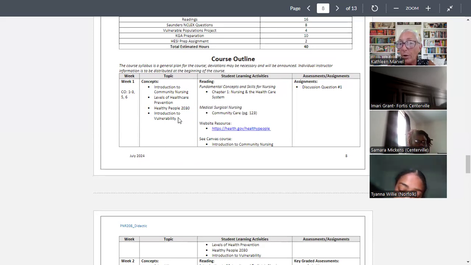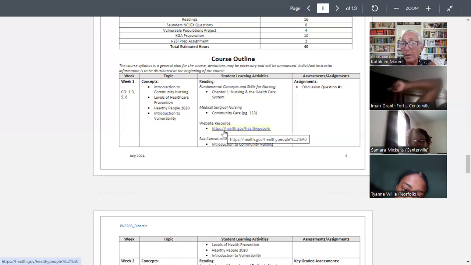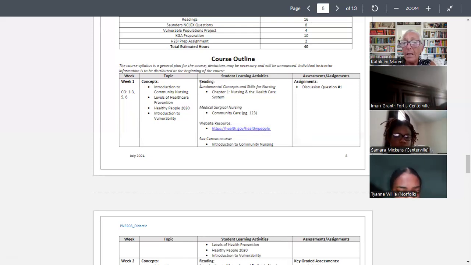By the way, we will review week 1 content next week. We'll do weeks 1 and 2 next week. Okay, so you won't miss out on that. But you will have 2 content recordings to get a head start on what we're covering. Middle column is what you're required to do, your readings. If you have a full chapter in one of your books, I'll show you in the module on your reading page, and each week for the modules, you'll have a PowerPoint from that chapter. So this week you have a PowerPoint from your fundamentals book, chapter 1.